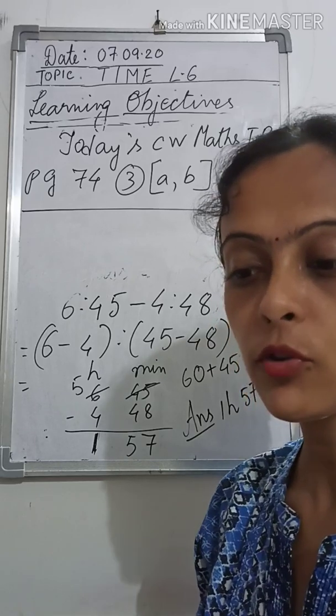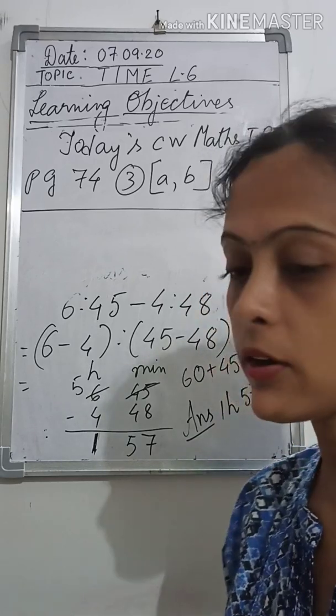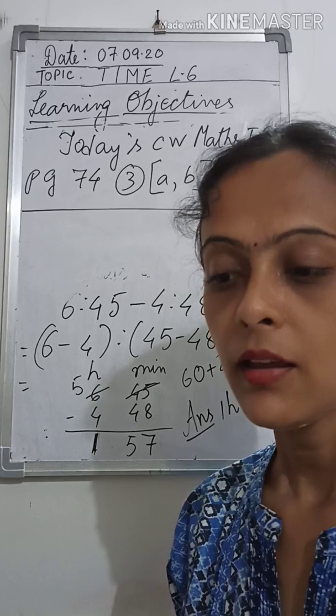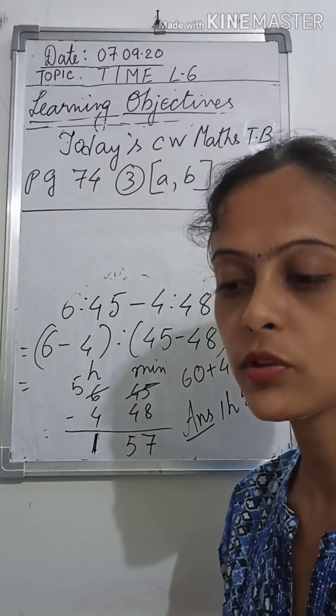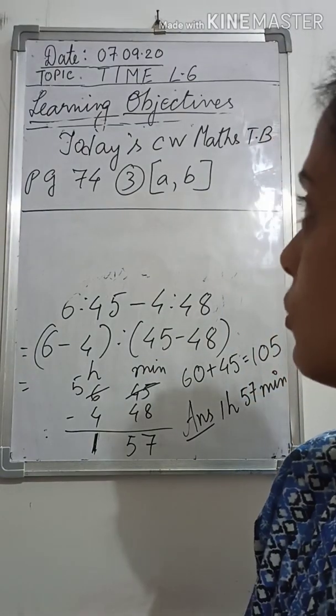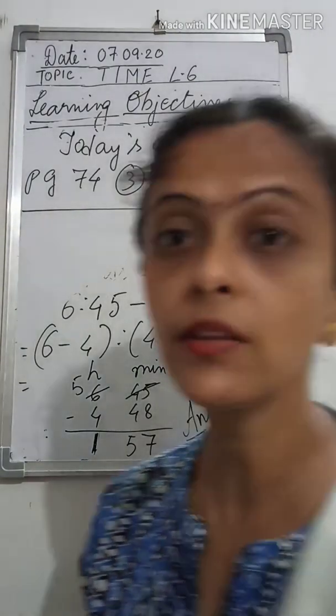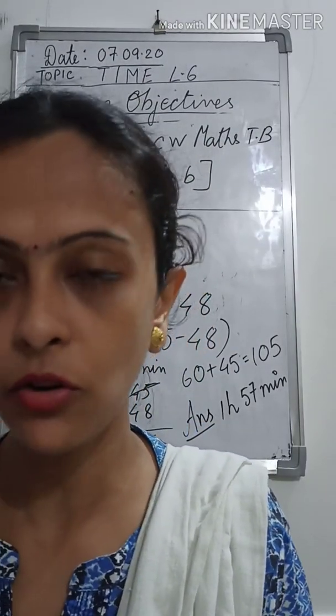Since this is a word problem, you have to write the statement the way we have done today. You have to write the starting time, ending time, then what is asked in the question, make proper statements and do the sums. Okay children, so please do your classworks and send it in the Google Classroom. And if you are still having any confusion, we can discuss it on the next day.